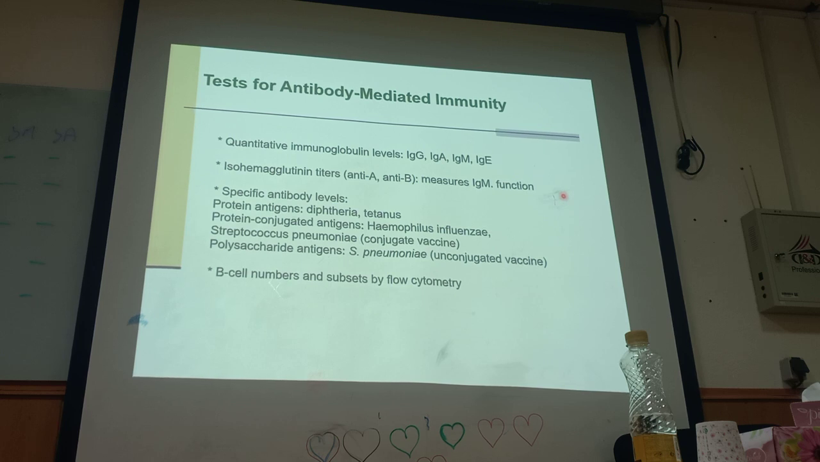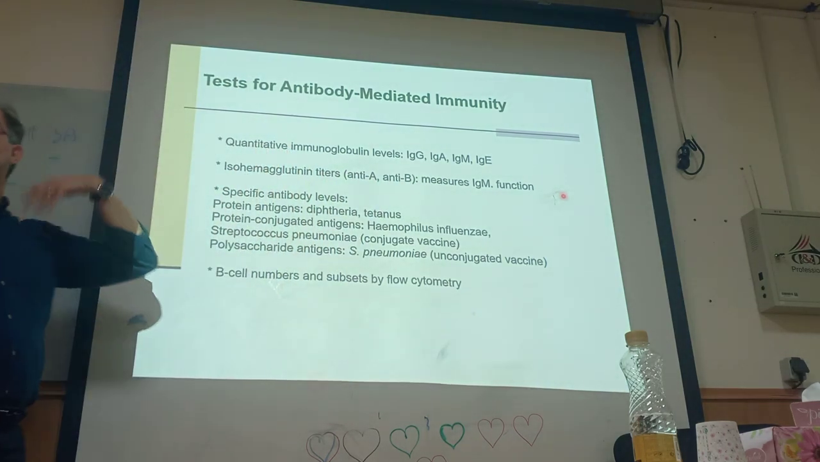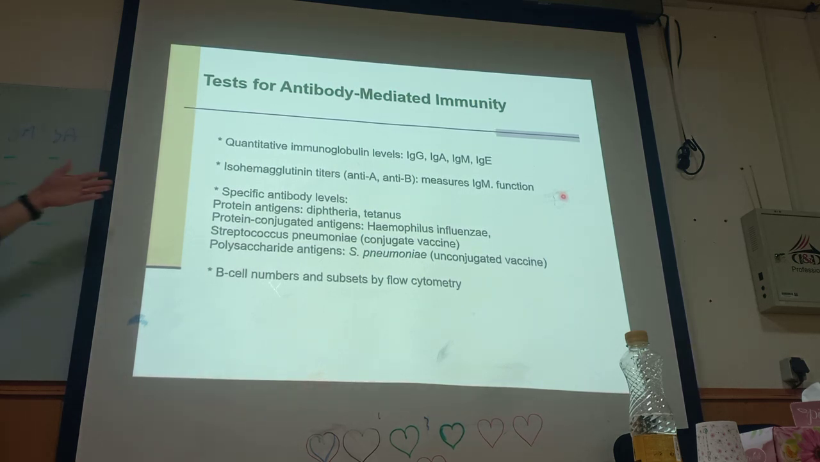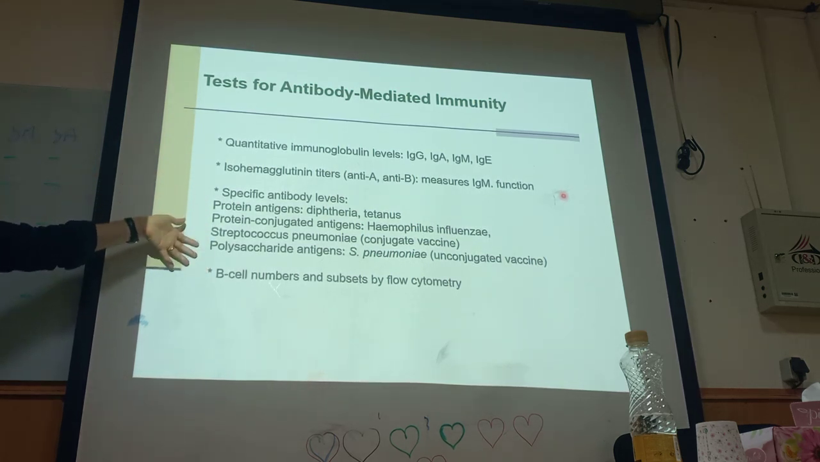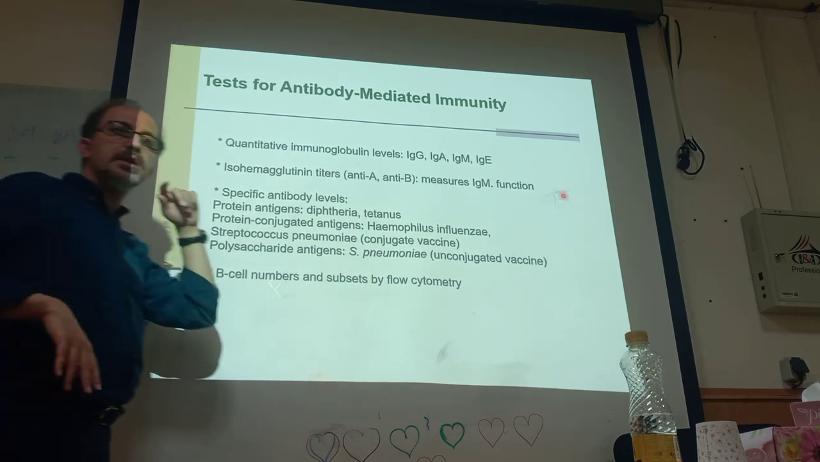Okay. So I have blood group A. What should I have? Anti-B. If I do not have anti-B, it means that I have defects in antibody production. So we could check the isohemagglutinin titer. If I have blood group A, I can check whether I have anti-B or not. If I do not, it means that I have immunodeficiency. We could also check specific antibody titers against some vaccines, and we could measure the B cell number by